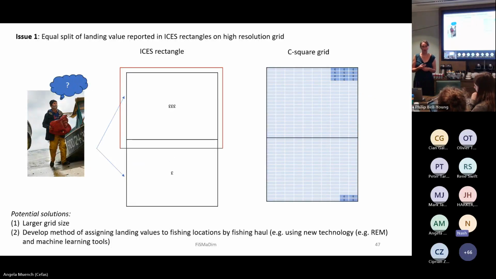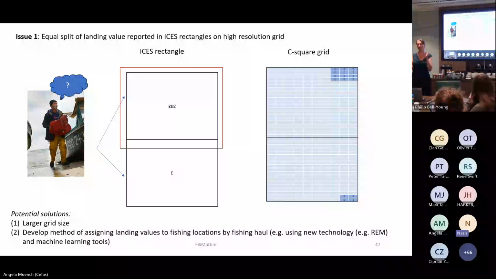What I mean by this is, issue one is, how do we assign the catch to the area? The catch is reported on an ISIS rectangle. In this case, for example, we have a fisher who has to decide between two sites. On one side he has a high payoff, on the other side a low payoff. More or less the same travel distance. What would you choose? Clearly the one with a high payoff. It's maximum profit. However, as soon as we go to the C-square grid, we're spreading the profit over a number of grid cells. And now we kind of artificially even them out.